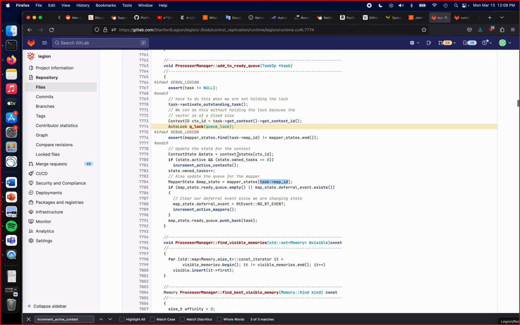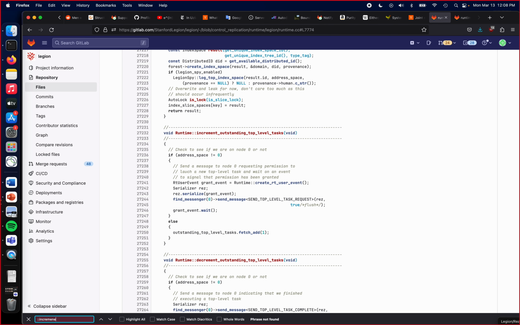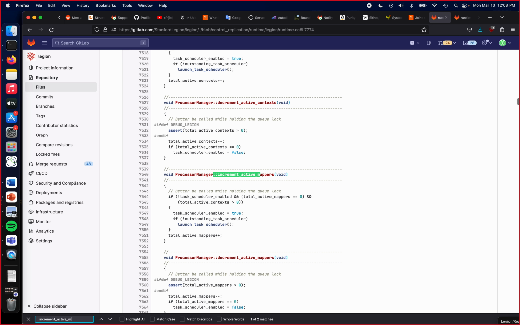Okay, and so again, you see, if the ready queue is empty before, then we have a deferral event, right? We might increment this active mapper count, and increment. If I can spell, still cannot spell. And again, the invariant for launching the scheduler task is that you have at least one active mapper